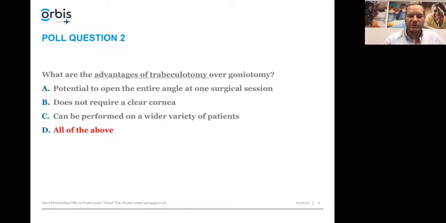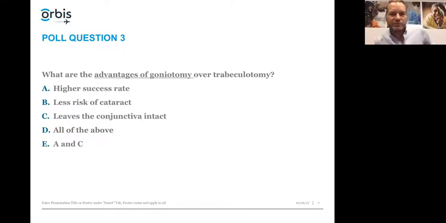Now, on the converse, let's go on to our final poll question before we move on to the video elements of this. What are the advantages of a goniotomy over a trabeculotomy? I mean, there are some. Higher success rate has been sometimes mentioned, less risk of cataract, leaves the conjunctiva intact. Is it all of the above, or is it just 2 of those, the higher success rate and leaves the